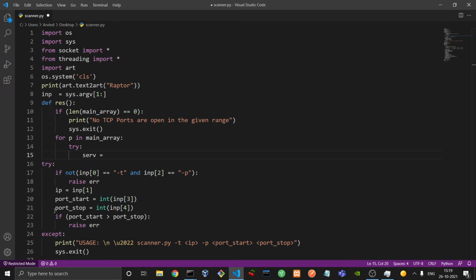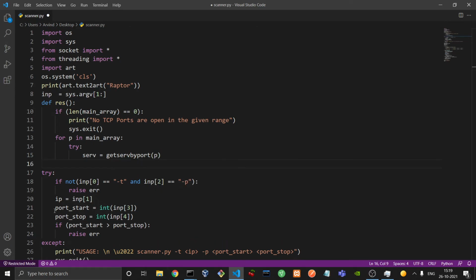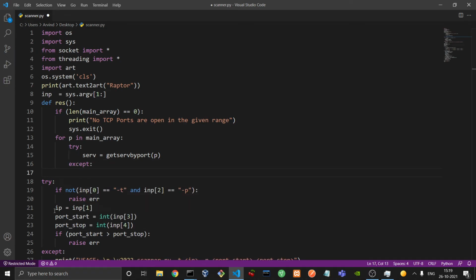So we'll just catch that error if there is one. Else the service would be equal to get serve by port, and port would be p, and we'll accept the error,